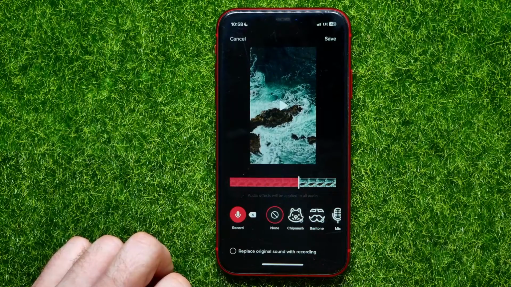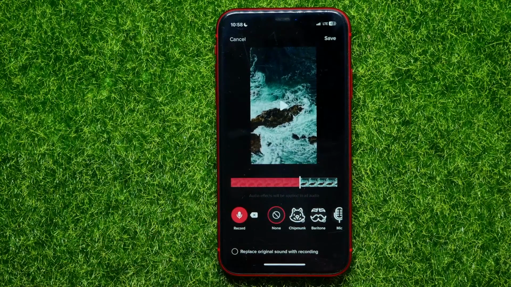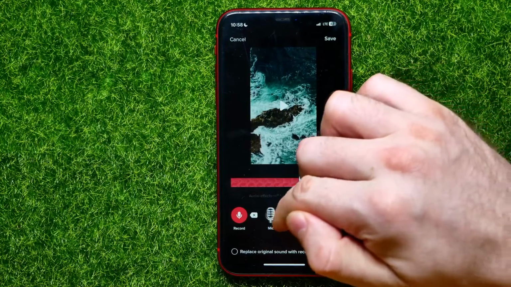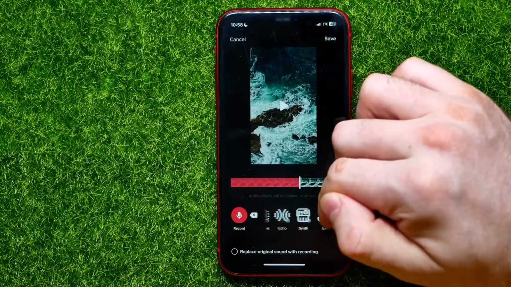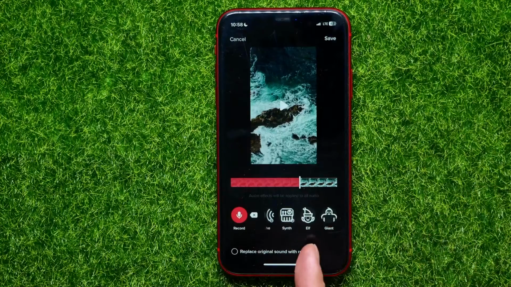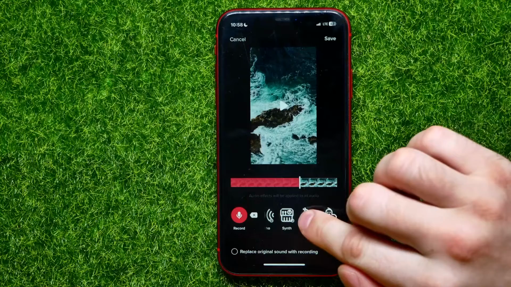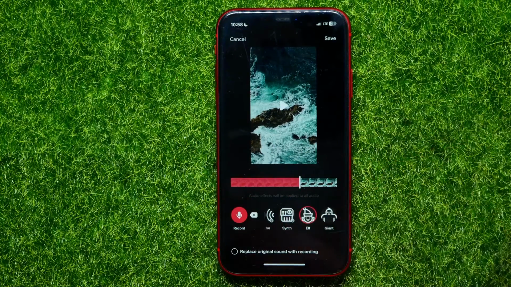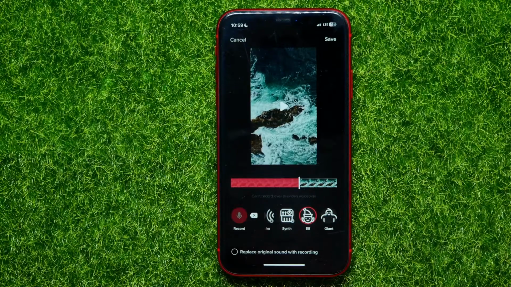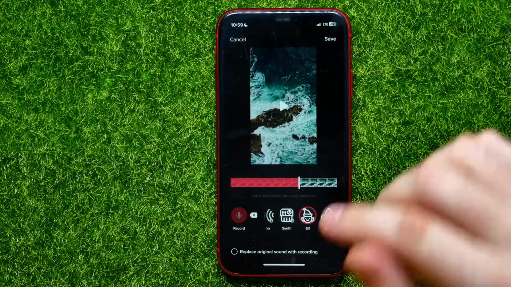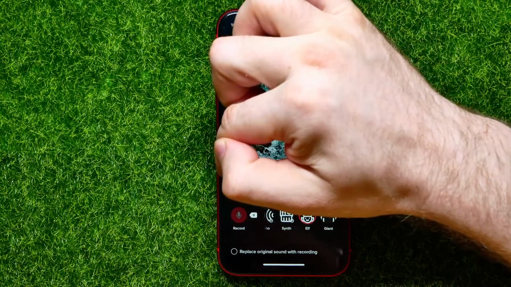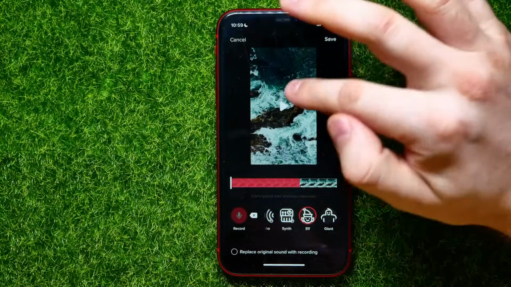Once I finished recording, I can just release my finger, and now I can drag these voice effects to the left until I find that elf effect. That's very funny and squeaky voice. I can hit at that effect once to apply it to the audio, and now I can listen how it sounds. So first I have to place that playback marker at the start of the audio and then hit the play